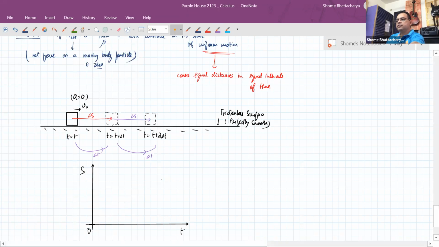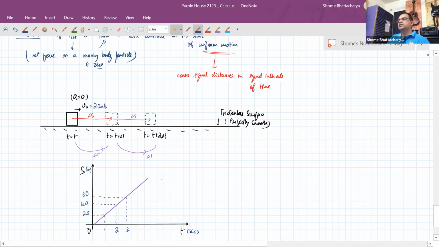So now for such a graph, if I say what is the instantaneous speed, what will the answer to that be? So for example, if this speed was, suppose, 20 meters per second, what we'll observe is that in the first second, how much distance would it have traveled? 20 meters. But the same distance in the second also. So at t equal to 2 seconds, it would have come up to 40 meters. At t equal to 3 seconds, it would have come up to 60 meters, and so on and so forth.